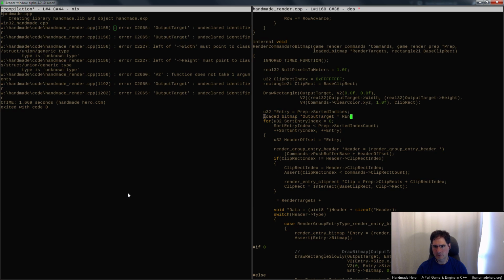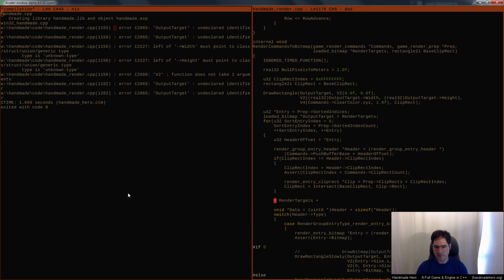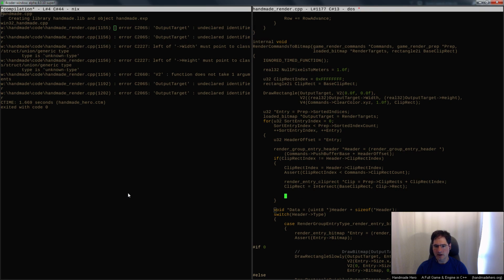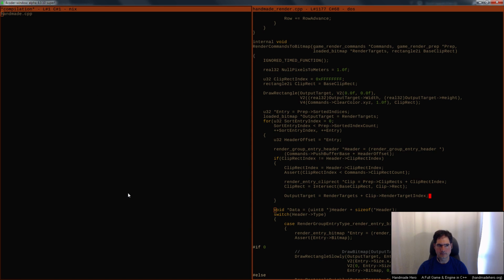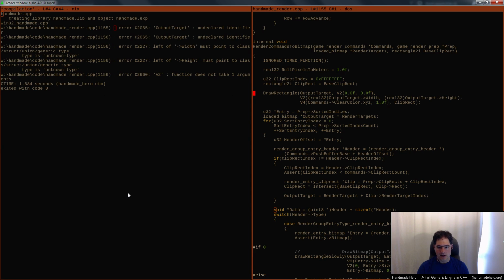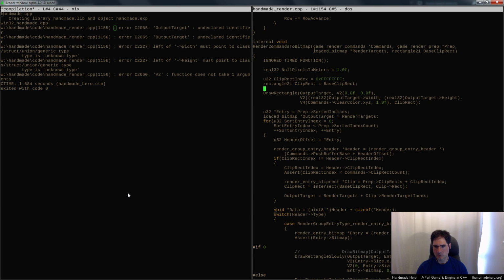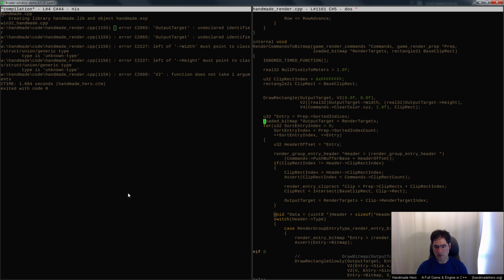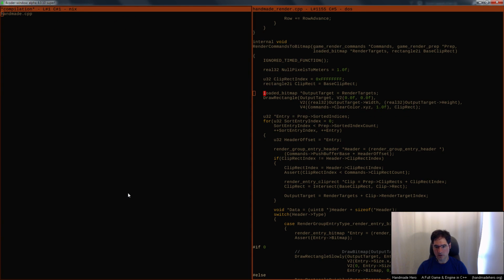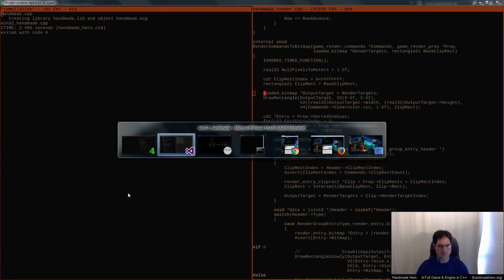I'm sorry, it's going to be the base of the render target array, plus whichever cliprect entry we're using, whichever render target it says it wants. Okay. Here we go. And done.